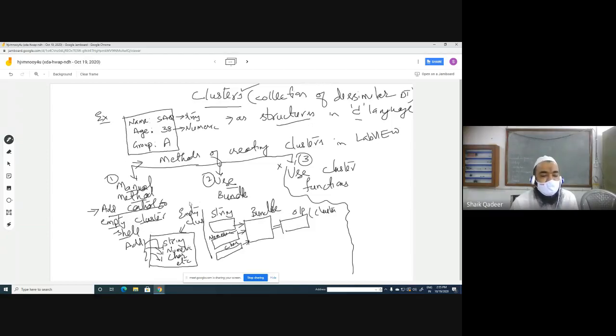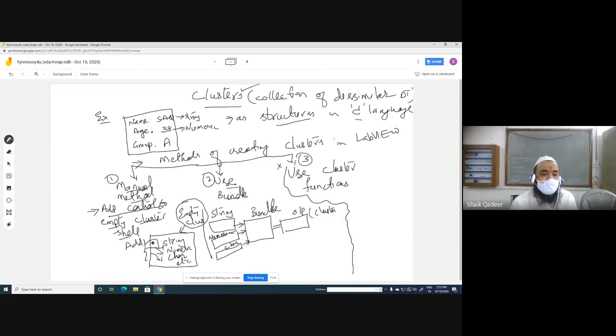We first take an empty cluster shell like this. In that we try to add data types or controls. For this particular case, we first add a string control, then we add a numeric control, then we add a character control. Is it clear?